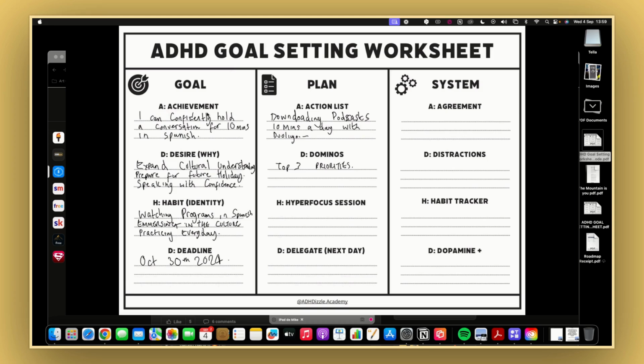So distractions could be doom scrolling. Distractions could be, let me just keep it raw, it could be porn. It could be anything that's going to distract you that is likely to get in the way. Like, oh, hold on, let me just have a little cheat day. Let me just quickly check my notifications on social media. That ain't gonna get you to your goal, man.